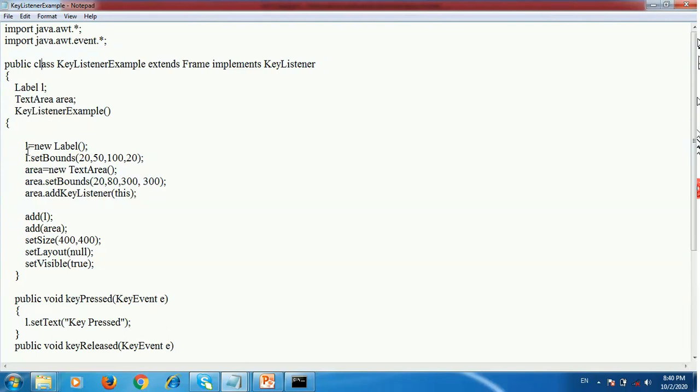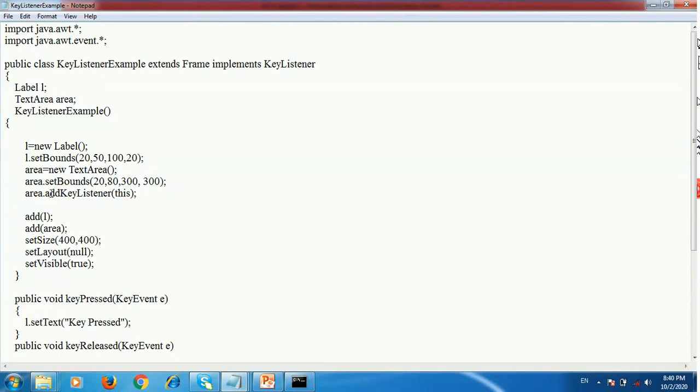In that, create an object of the label: l is equal to new Label. Using the setBounds method, set the position of the label. After that, create an area object: area is equal to new TextArea. Using the setBounds method, set the position of the text area.